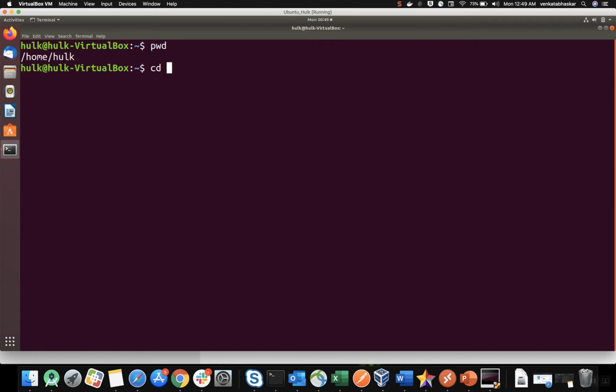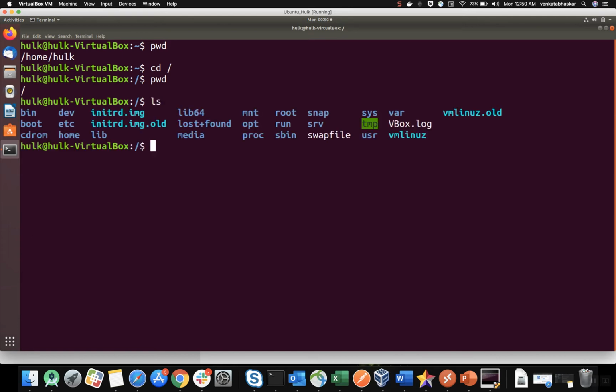Now I'm navigating to the root directory. If you print pwd, you see slash is a directory. If you want to see the list of files and directories, I can use the ls command. As you know, ls. Here you can see all the predefined directories.